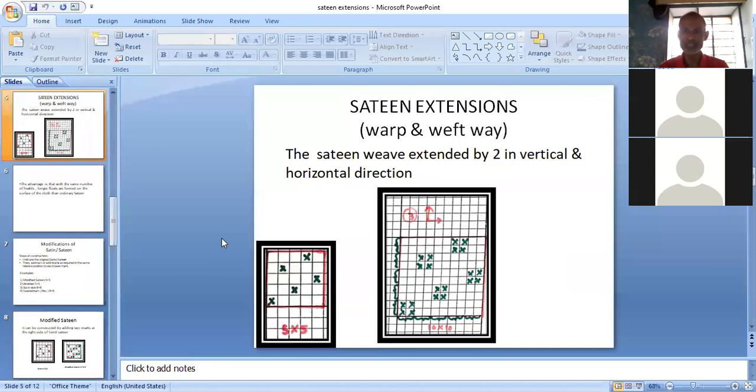Then third example, 13 extensions in both the directions, warp and weft way. The 13 view extended by 2 in vertical and horizontal direction. And here also we are taking the same base, 5 and 13 in 5 cross 5. Because this is extending in both the directions by 2, 5 will become 10. Similarly, here 5 peaks will become 10 peaks. So the design will be indicated in 10 cross 10. And first 2 bracket, then first 2, first 2, first 2, first 2 are indicating first end, second end, third end, fourth end, and fifth end respectively.